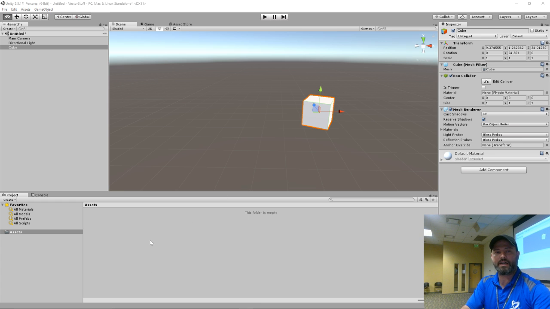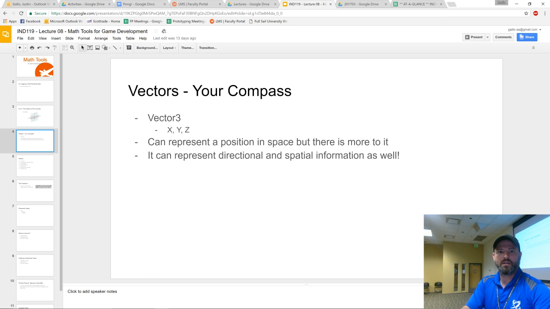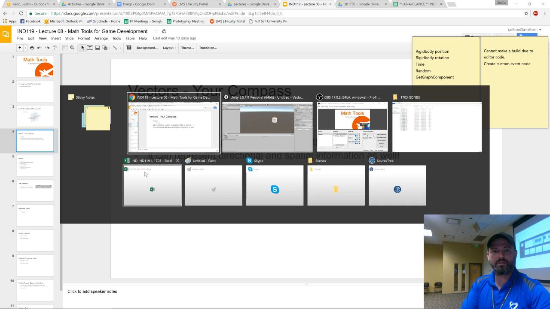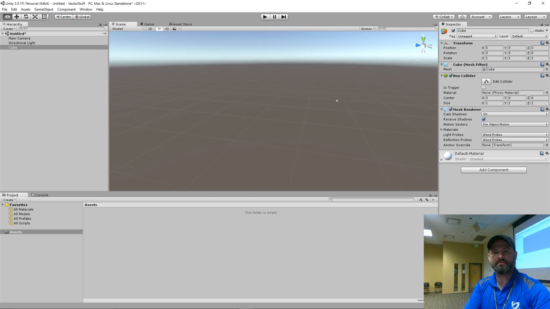And so if we get back down to the lecture, the vectors can represent a positional space, but they can also represent a direction. All right? And to showcase that, I'm going to show you this. I know you're like, blah, blah, blah, vectors. Super important. I'm going to reset the transform of this. I don't know where it went. I've lost it.